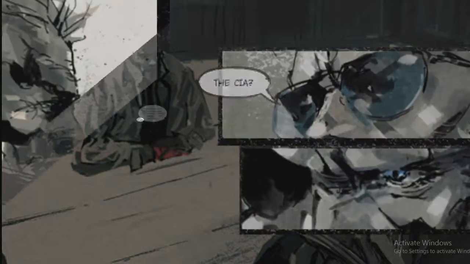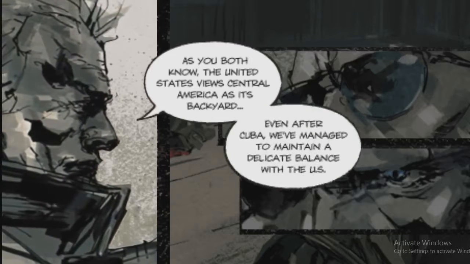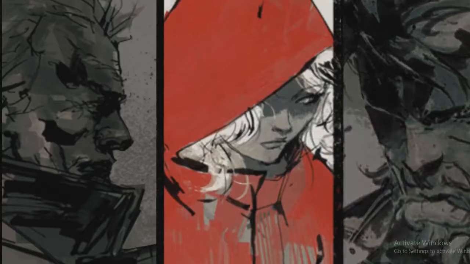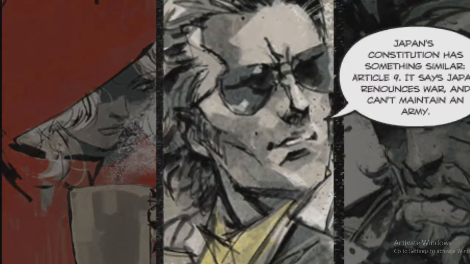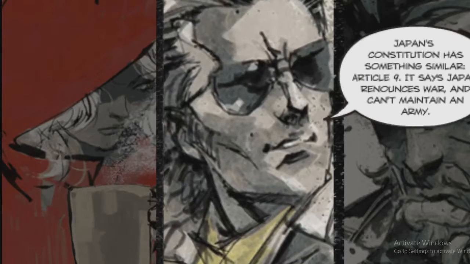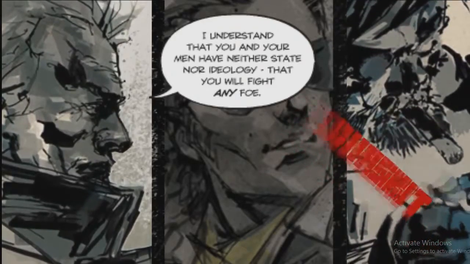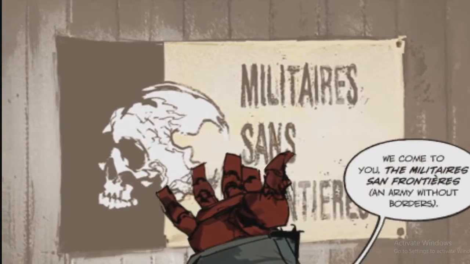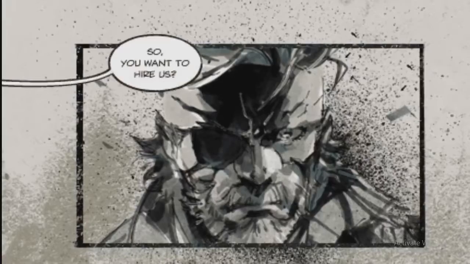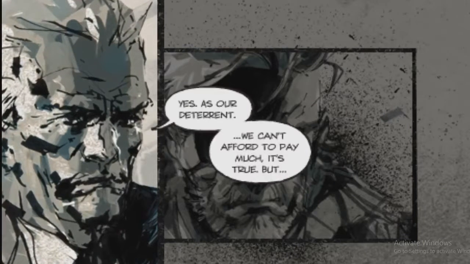The CIA. As you both know, the United States views Central America as its backyard. Even after Cuba, we've managed to maintain a delicate balance with the US. And your government can't just give them the boot? We are not allowed to bear arms. Japan's constitution has something similar. Article 9. It says Japan renounces war and can't maintain an army. I understand that you and your men have neither state nor ideology. That you will fight any foe. Please, you must drive them out of our defenseless country. We come to you, the Militaires Sans Frontières. So, you want to hire us? Yes, as our deterrent. We can't afford to pay much, it's true. But